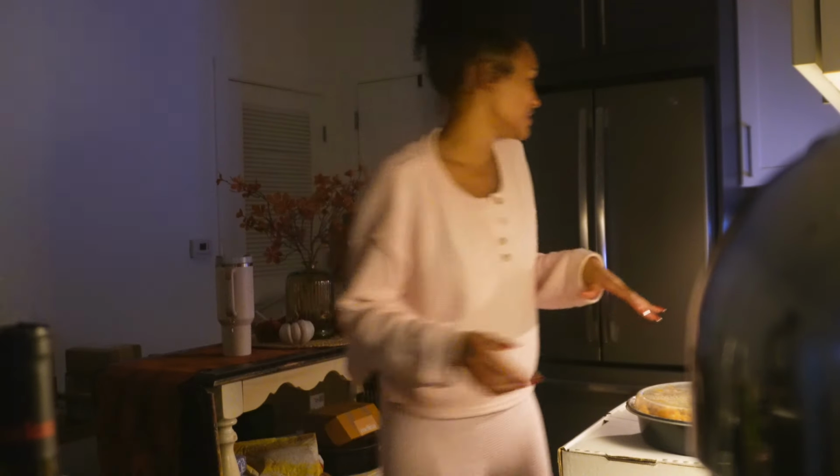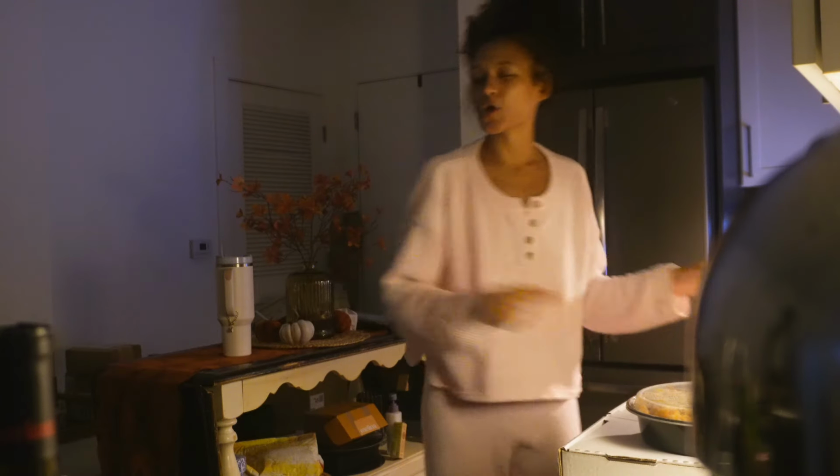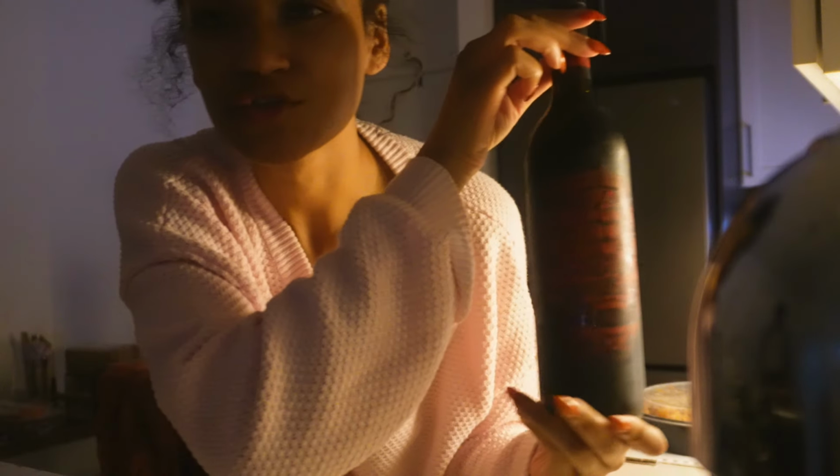Yeah, we're getting ready to eat. Or I think I showed you already, but yeah. We even got a little bottle of wine, the Dearly Beloved that I showed you that I picked up from Trader Joe's. We're going to watch one movie that I pick and then one movie that he picks. So I'm choosing Haunted Mansion because I have not seen it in years and I love the Haunted Mansion. And then the Eddie Murphy one, of course,